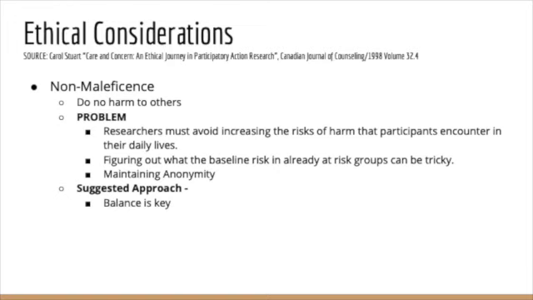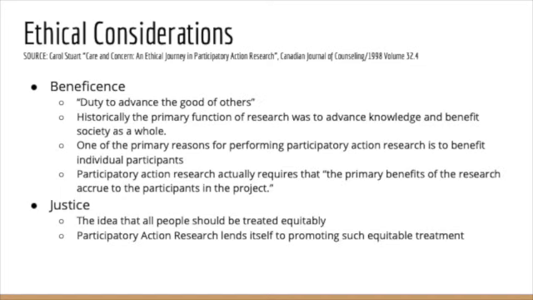Balance really is the key. There's no calculus that can sort it out. It just comes down to consciously identifying the harms or potential for harm and doing all you can to mitigate it. Even if the harms are prospectively created and an anticipated result of your research, you have to seek to mitigate it. For the final 2 overarching principles, we have beneficence, which is the duty to advance the good of